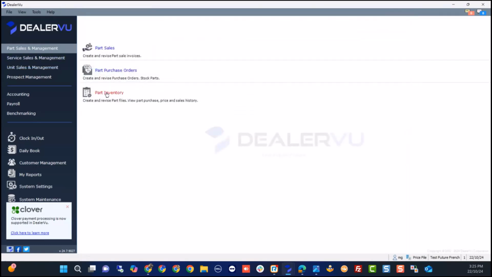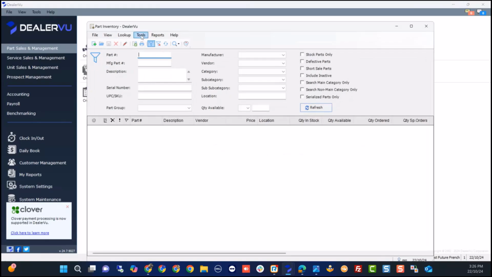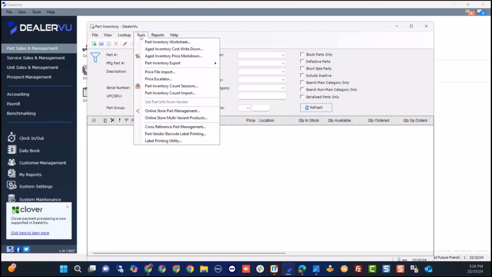So we're going to be talking about the Percon tool. It's actually a wizard, which works fantastic. Don't be scared to use it. It's an amazing tool. So when you start your part inventory,